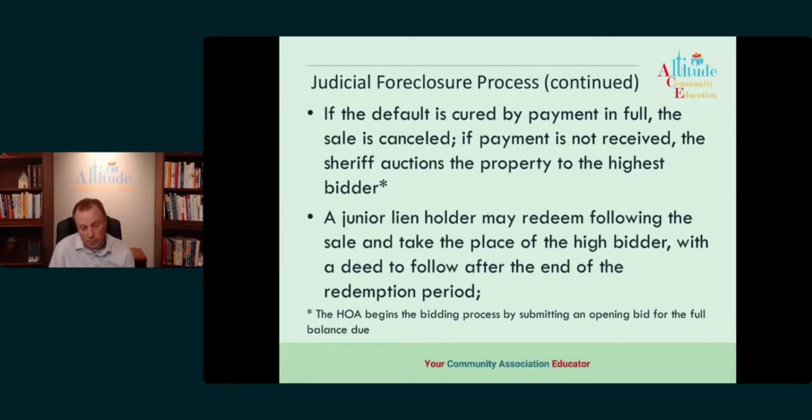If that were the case, and we're talking about a $1 million property, the association is owed $20,000. In order for the association to move forward with foreclosure, they would have to do an opening bid of $800,000. So the association would have to come up with 780 grand out of its pocket to try and move forward with the foreclosure. That's not going to happen. That's not possible for an association probably to do. Very few associations, if any, are going to have that much money on hand. So if that does change, foreclosures for associations will more than likely stop.